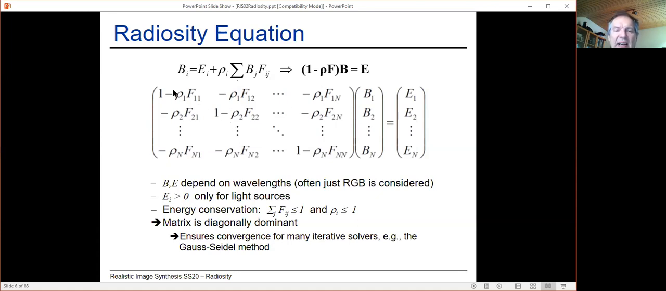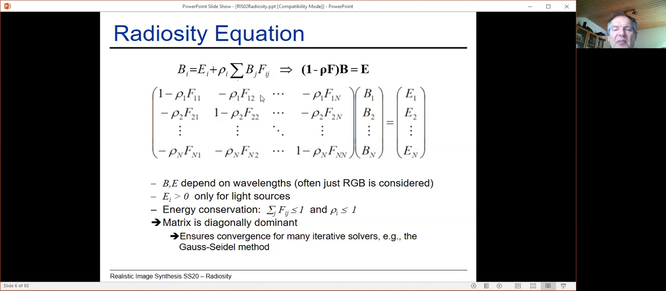So this matrix has this property that I mentioned last time. If we assume that form factors between a surface and itself, for flat mesh elements, are 0, then on the diagonal we have values 1. And this matrix is called diagonally dominant because if we sum up all the elements in the row, we may expect that the value will be below 1, because form factors would sum up to 1